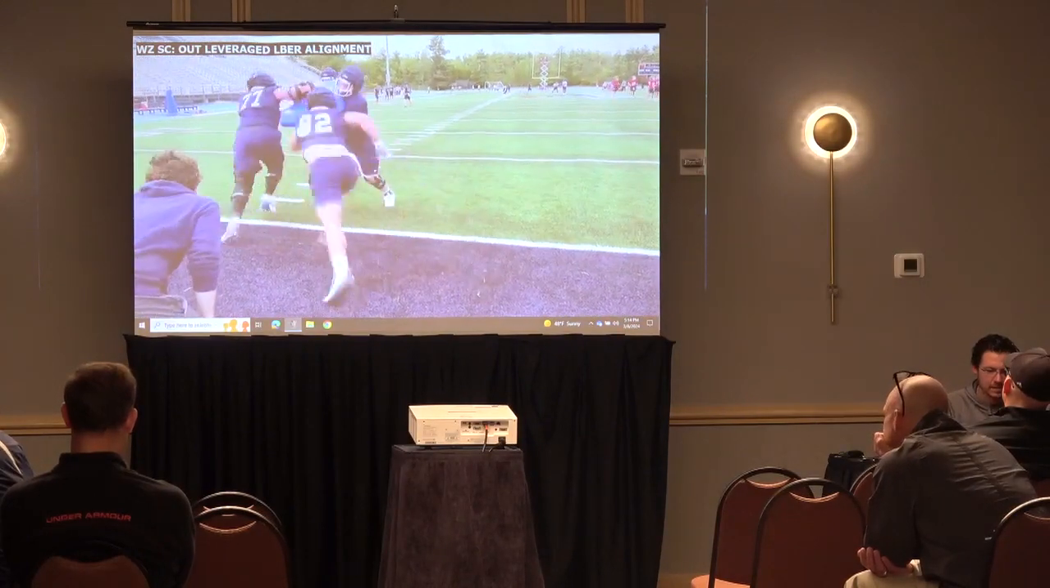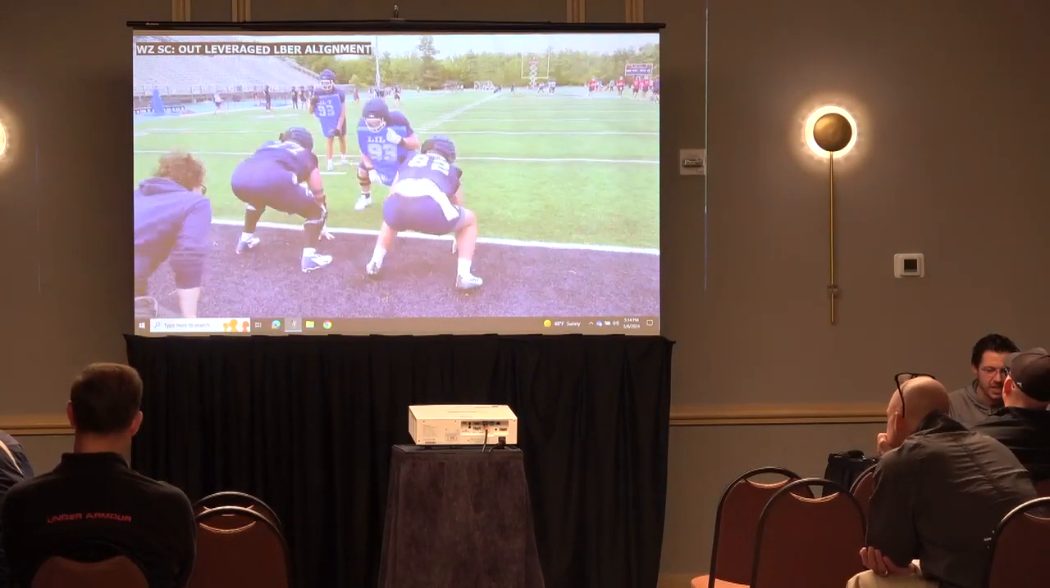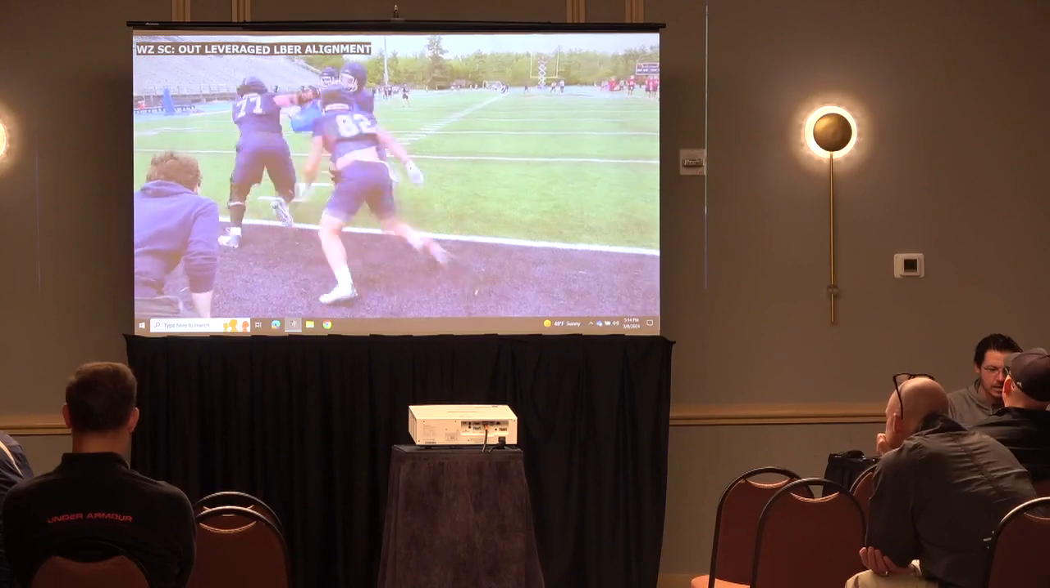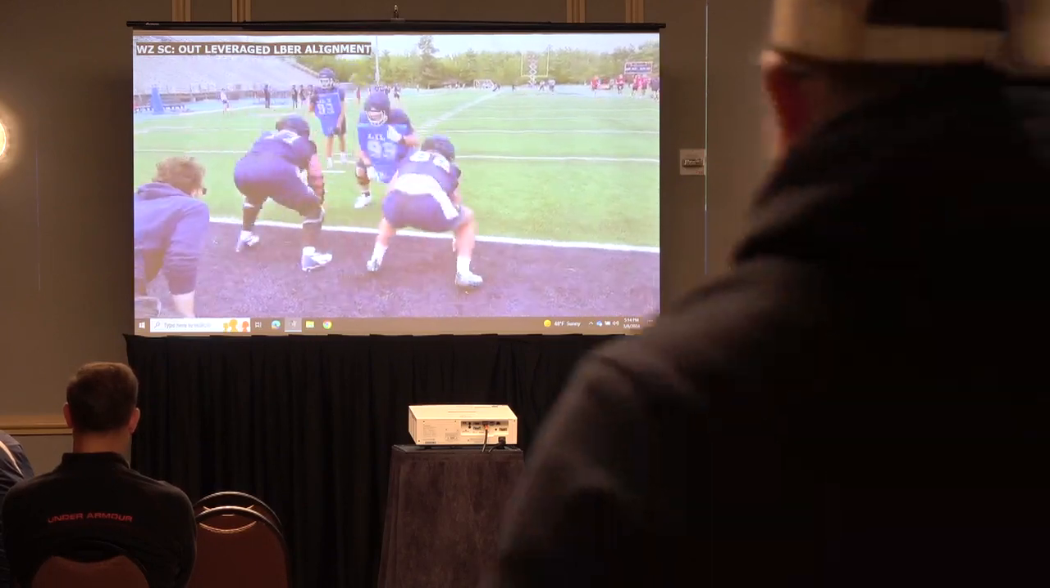Just the last example, a pretty good stab by 77. This is tackle tight end work again. This will be on the back side, working a C. I would tell